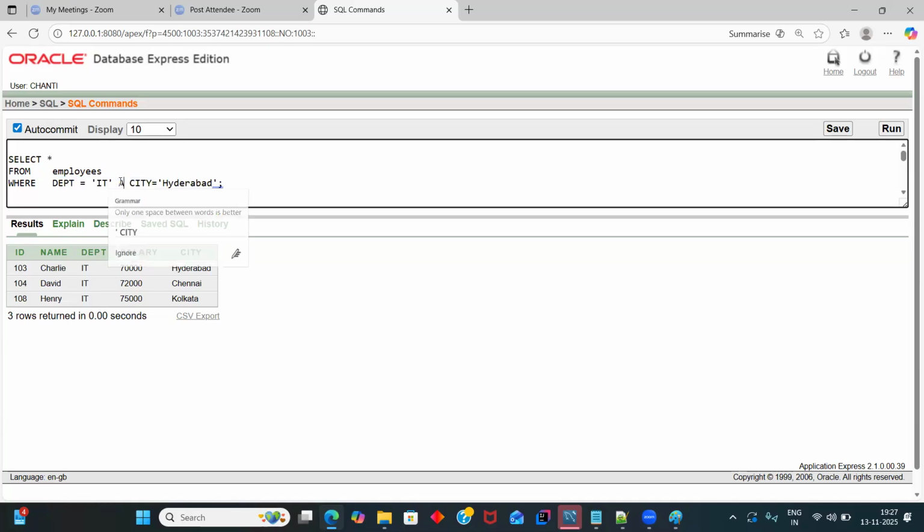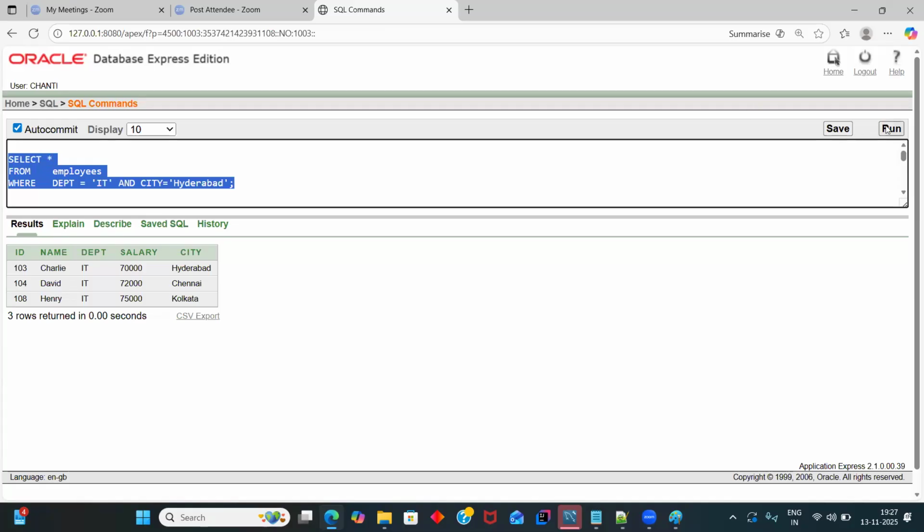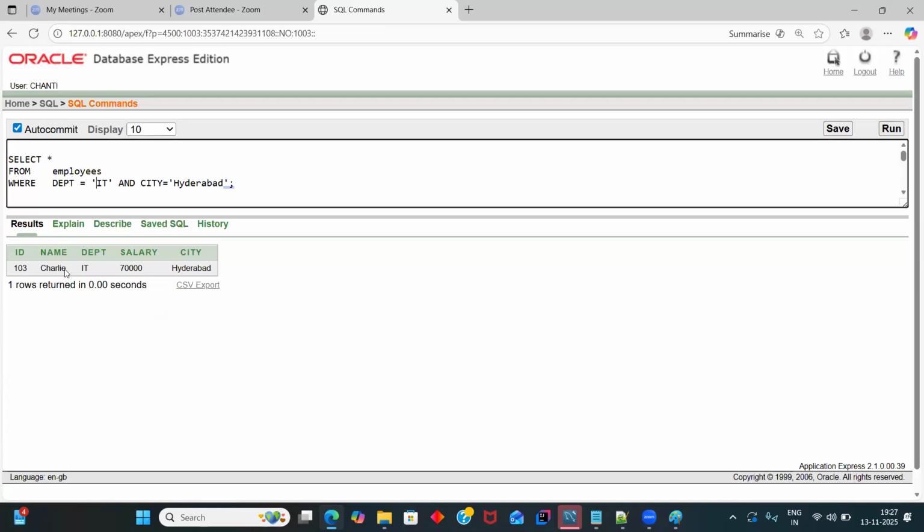In this case, yeah, you have to use logical operators. The first logical operator is AND. What AND will do is check whether both conditions are satisfied or not. If both conditions are satisfied, then only that row will be picked, out of the 10 rows. All the rows will be filtered in this way. Now let's run this, and you can see only Charlie is picked,